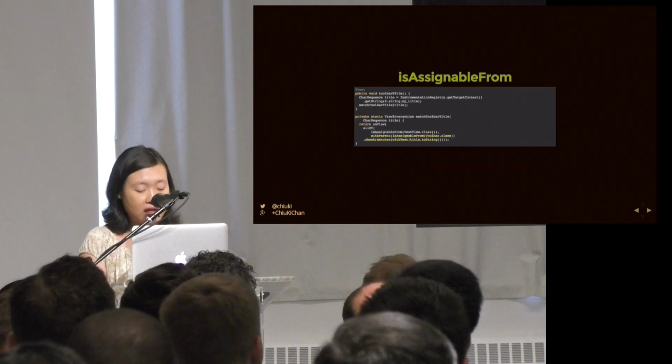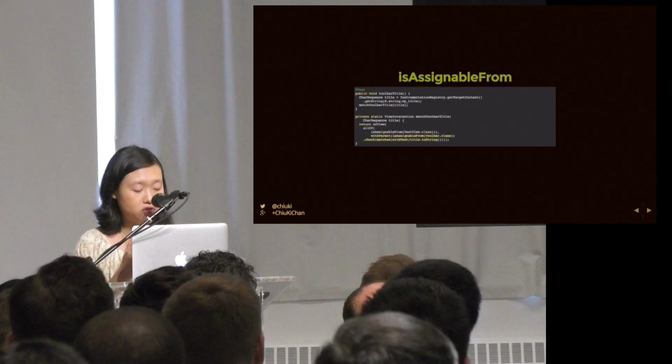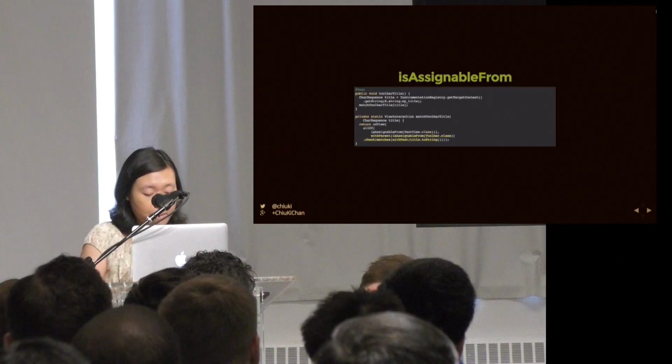I have a helper function that takes the title as a string, and then you see from the matchToolbarTitle,